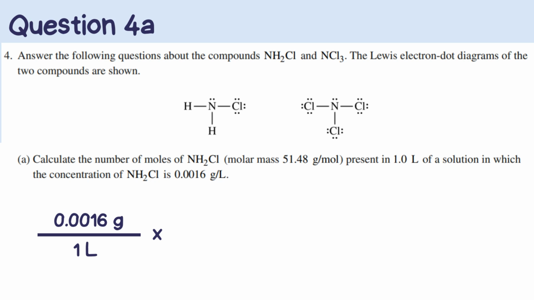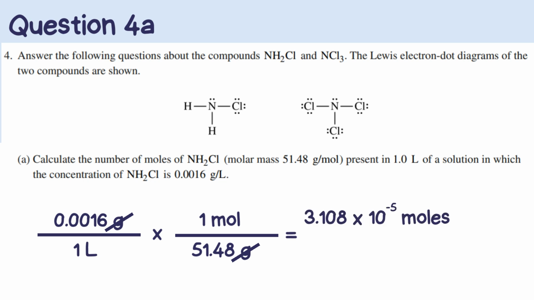And since I want to cancel out grams, I can use the 51.48 grams for every 1 mole on top, like so. And then our grams can cancel out, and that leaves us with just moles, which is exactly what we're looking for. But it looks like we still have liters on the bottom. So putting this into our calculator, we get 3.108 times 10 to the negative 5 moles, but that's for every 1 liter